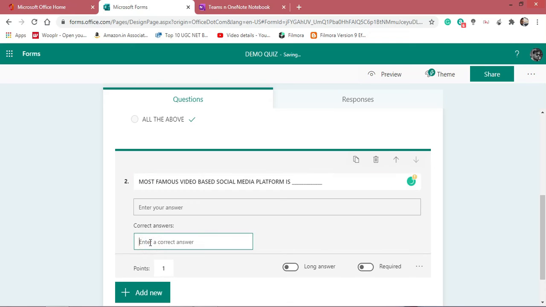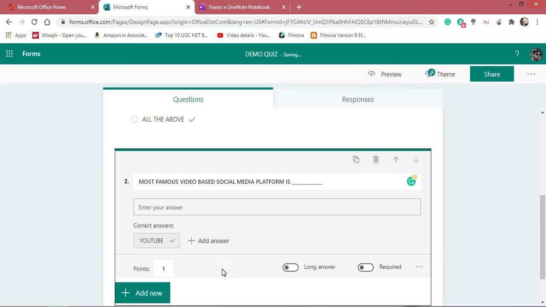Now add answer and type your answer in it. So whenever the person taking this quiz types in the correct answer, they are going to get the mark directly.